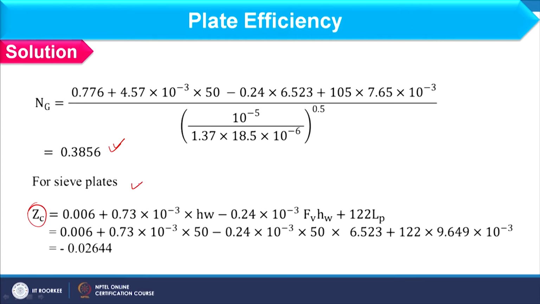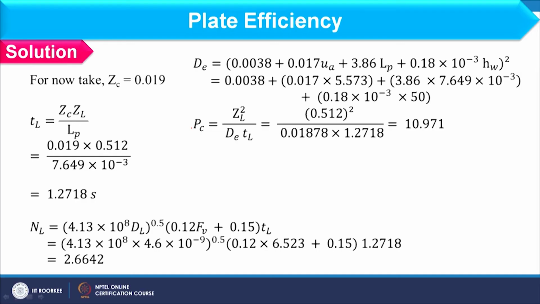For the sieve plate, because this plate is given in this problem, you can find the ZC value as 0.02644, and the FUC value is coming as negative. However, ZC is basically the liquid hold up, so that value will never be negative. In this problem the parameters are selected in such a way that the ZC value comes out negative. We should avoid that, and therefore we will consider another value of ZC for further calculations, and this value is